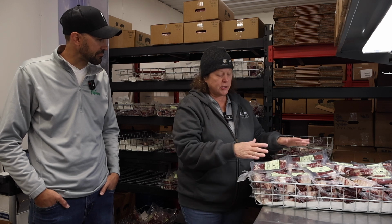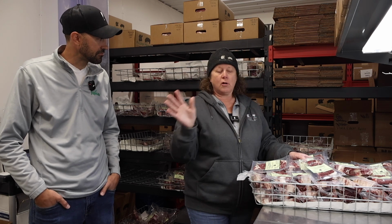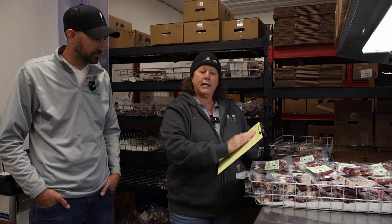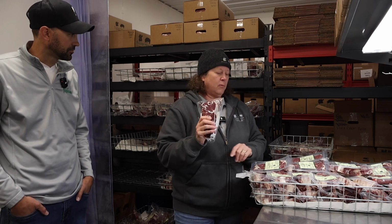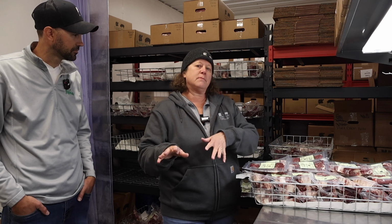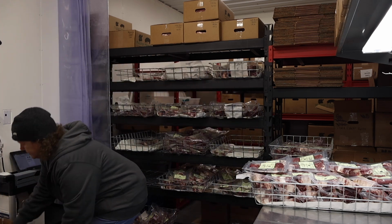Okay. So this is where we get all the meat in the box and get it out the door. And we have several stations, and each station has kind of their specialty. Right now we are at the steak station. After the meat is cut from the processing side, it's brought over to us on carts and trays, and then we sort it. We have pick-pack sheets that tell us what item goes to which customer. And here's a good example of our New York strips. We have the 12-ounce New York strips. We have several different places that take them. So they come on trays, we lay them all out, and some customers like them less marbled, some like them more, and we have all those notes on our sheets, and we sort them, and then we put them in the box,